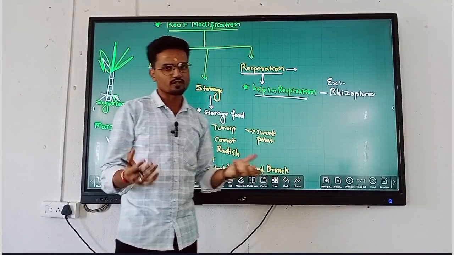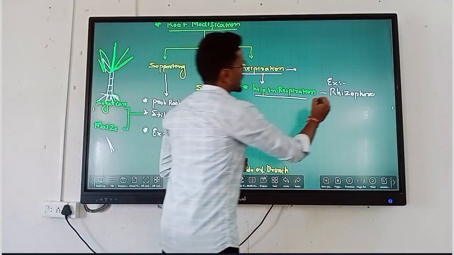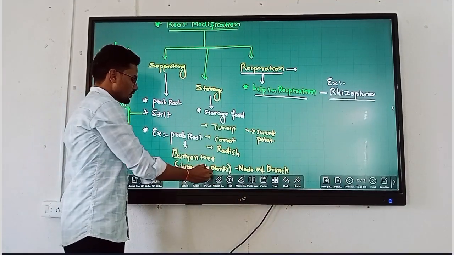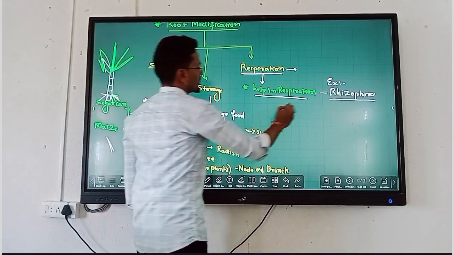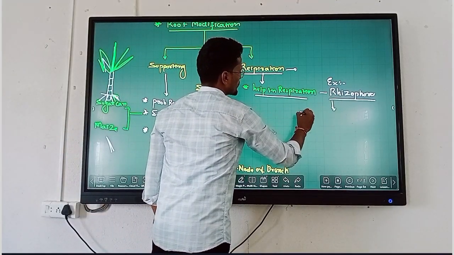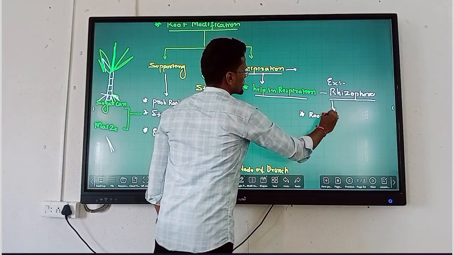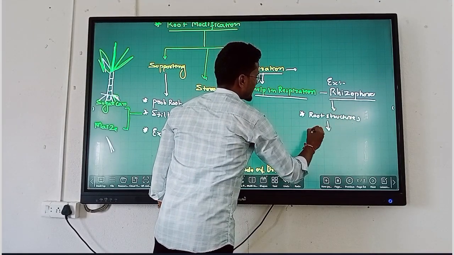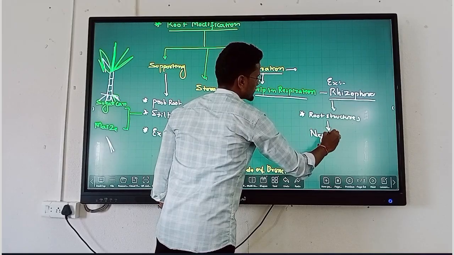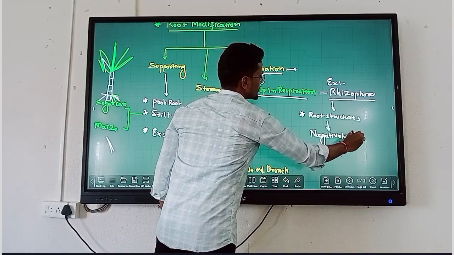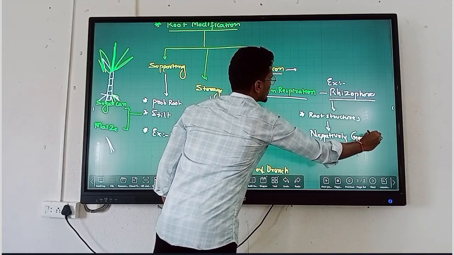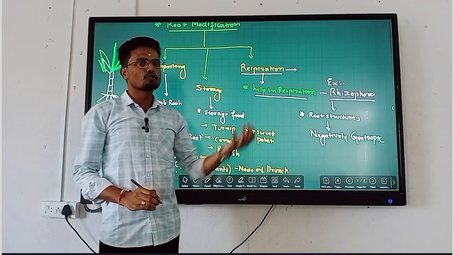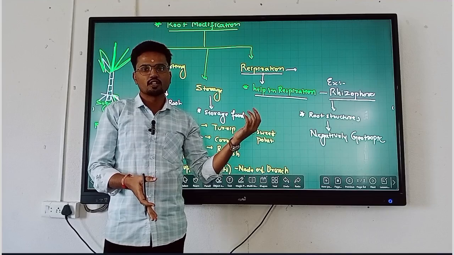Okay, mangrove forest. The mangrove forests are made up of rhizophora plants. They form root structures. Here in this plant, the root structures are negatively geotropic. Nothing but they grow opposite to gravitation,